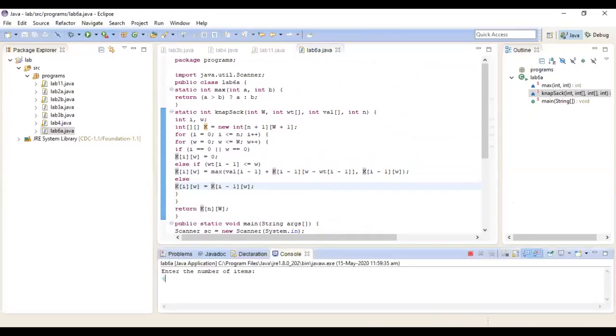Let me give 4 as the number of items, and the weights of the items as 2, 3, 6, and 4, which is nothing but 15. I will give the values of the items: 10, 20, 30, and 40 respectively, the profit.